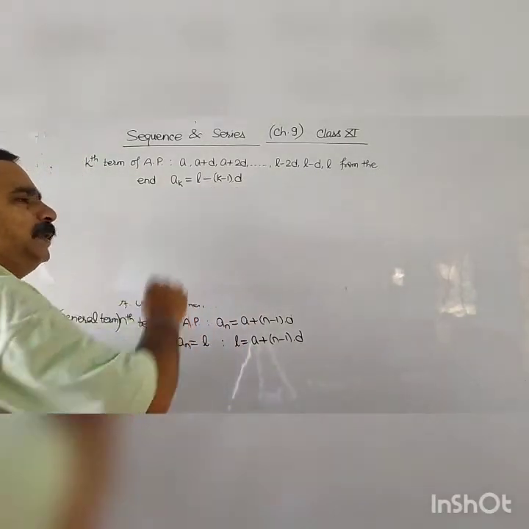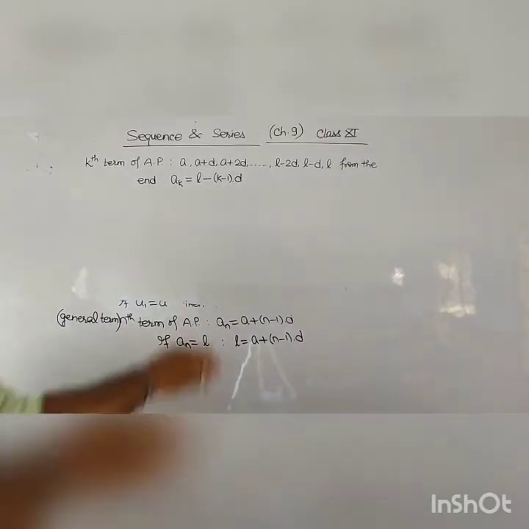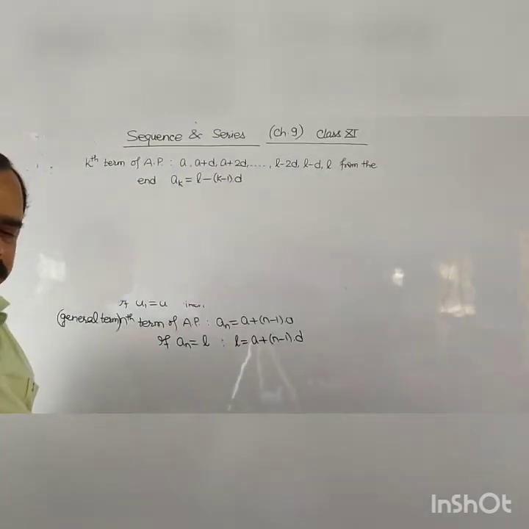इन चार में से कोई भी तीन चीजें हमें मालूम होंगी तो हम फोर्थ वन फाइंड आउट कर लेंगे बाय सब्स्टिट्यूटिंग द थ्री वैल्यूज। वी विल गेट द फोर्थ वन।